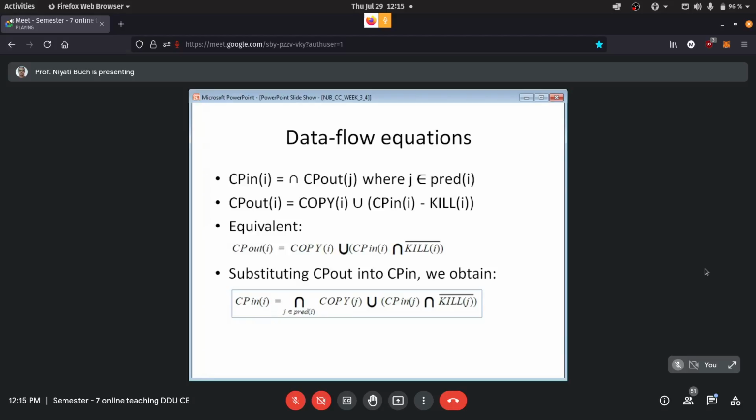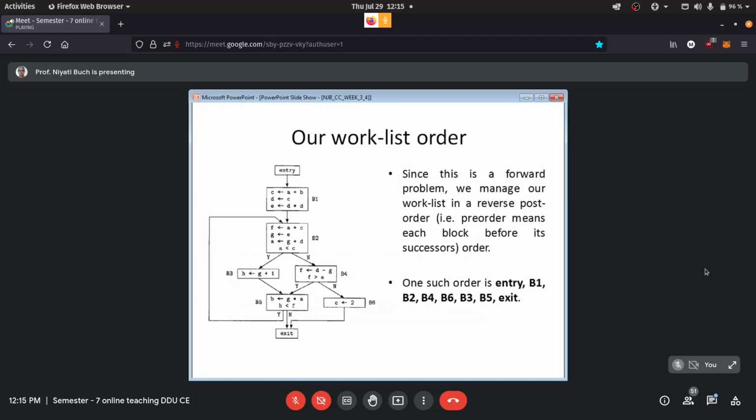Now one more thing. Because our problem is a forward problem, because we are moving from entry to exit, we are going to manage our work list in reverse post order, or we can also call it pre-order. So every block is taken into account before its successor. The reason for doing this is that all the predecessors must be available for a particular block when it is getting evaluated.